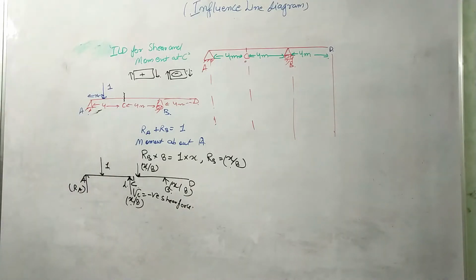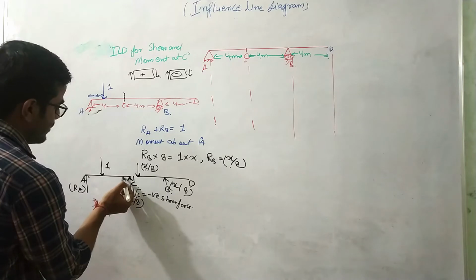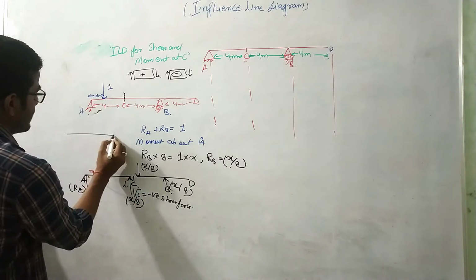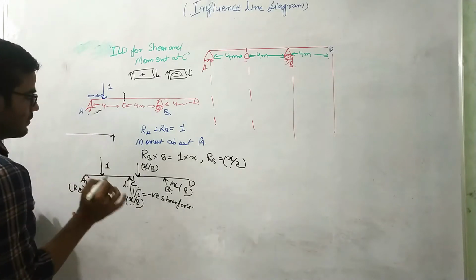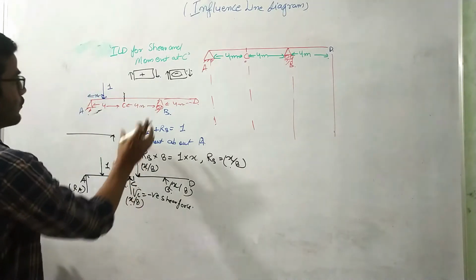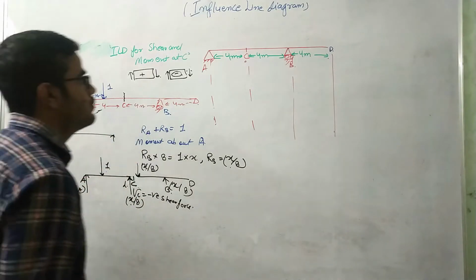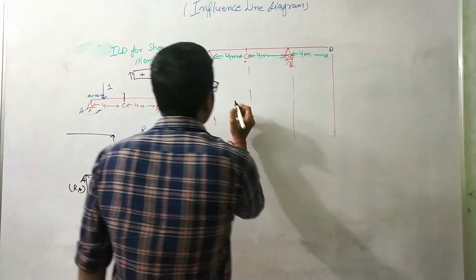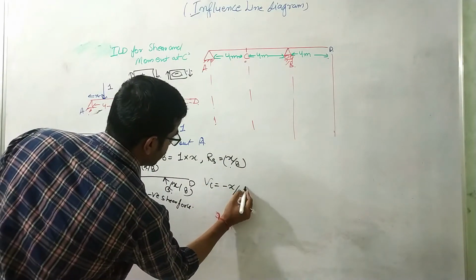Okay. As we move from this section, so when we move from this side, this type of shear force will be considered as negative, and downward shear force is considered as positive. So as per our sign convention, the shear force at this section when the unit load is between A and C is negative. So VC is nothing but the function x by